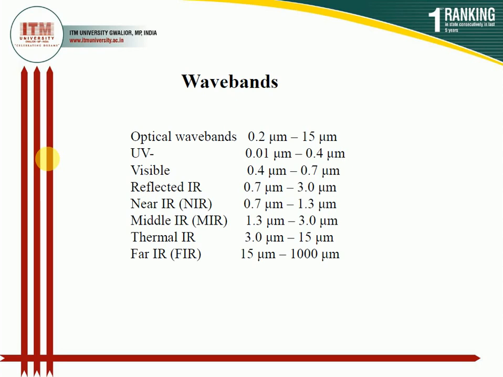These are the wavebands in which the remote sensing technique works: the optical, UV, visible, reflected near infrared, mid infrared rays, thermal, and far infrared rays. When the various techniques capture the images, when the light gets reflected from the earth's surface, the main sensor or the satellite present in space captures the waves that lie in this waveband, and this then helps in the interpretation of what particular sort of information these waves give to the satellite.